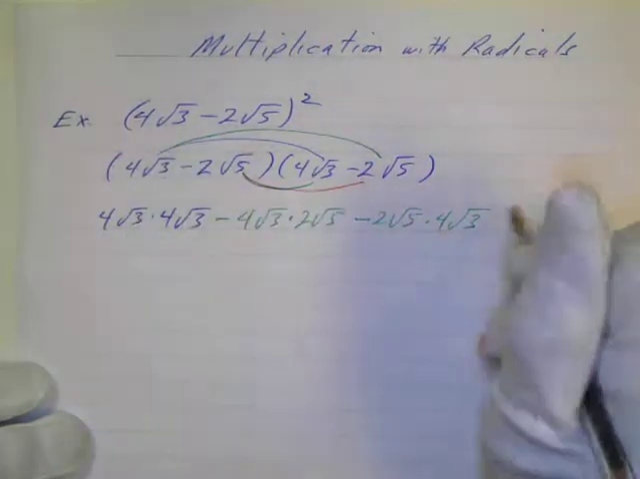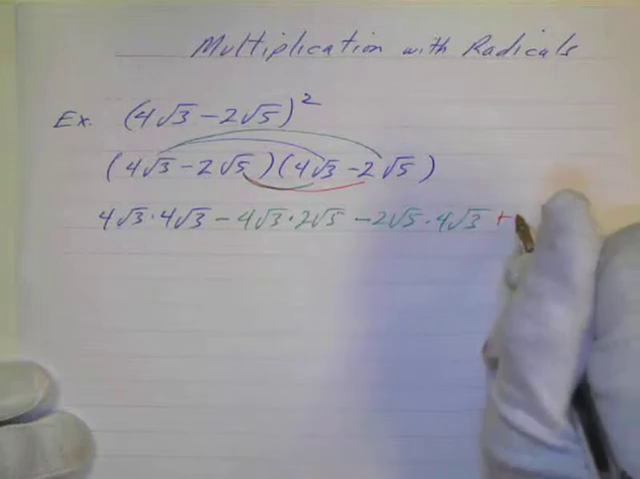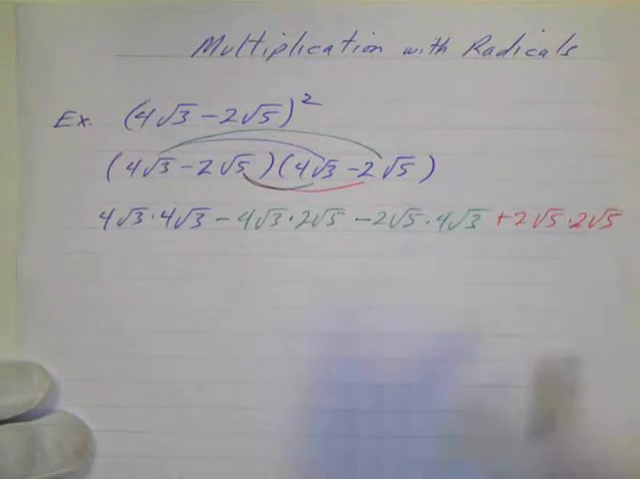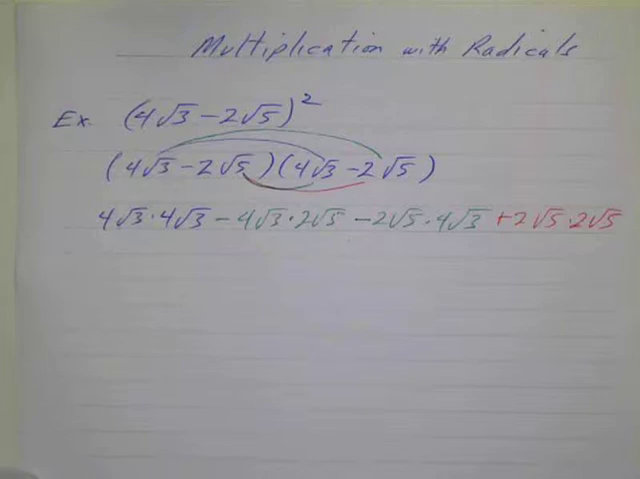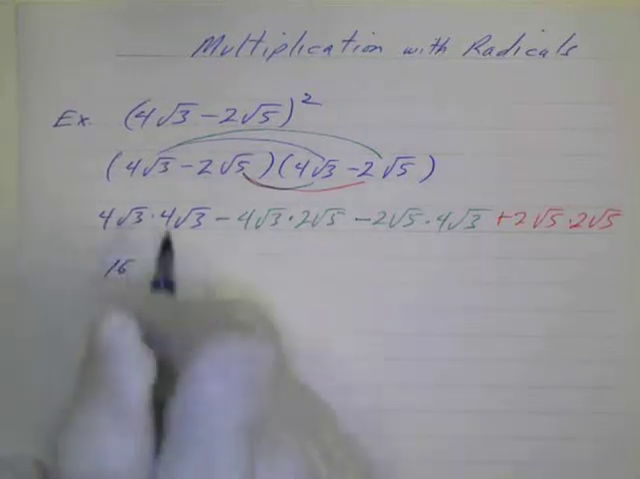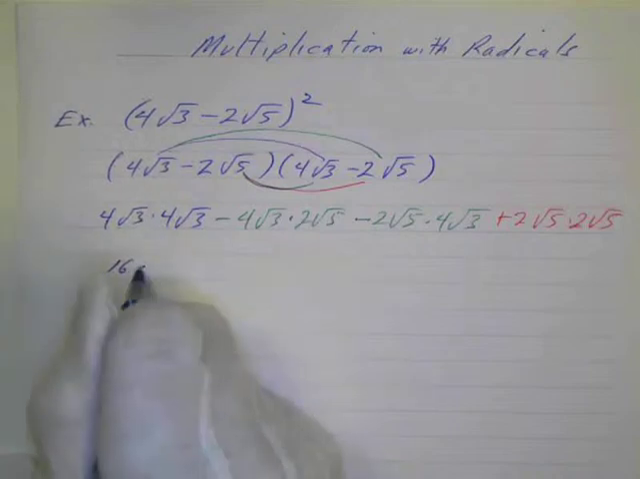a negative times a negative is a positive. And then I've got 2 square roots of 5 times 2 square roots of 5. Now, some of these things you could kind of work out in your head, but I'm showing all the steps. Now, if I simplify this, I could move these together, but I won't do that. But 4 times 4 is 16. And the square root of 3 times the square root of 3 is just the square root of 9, which